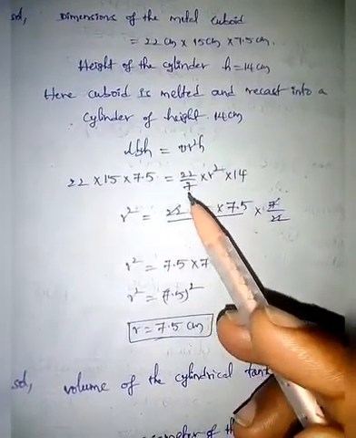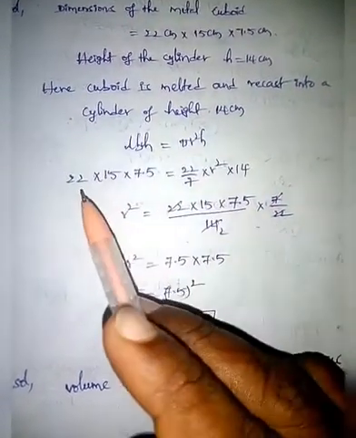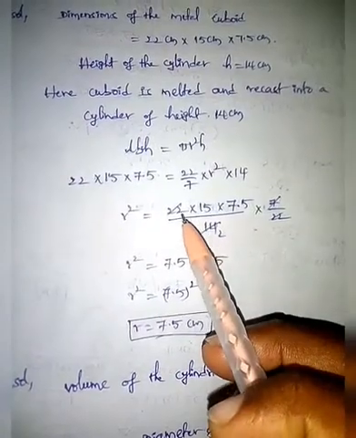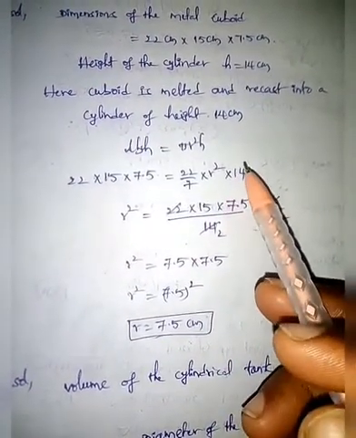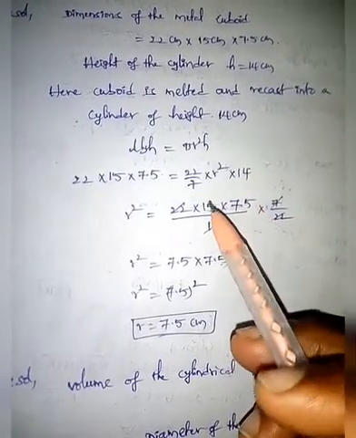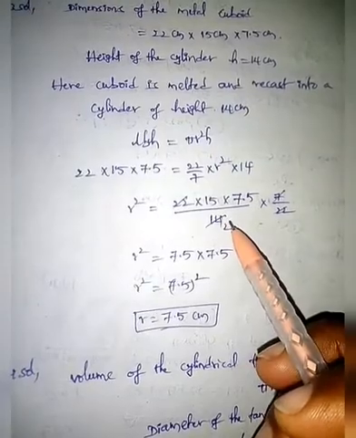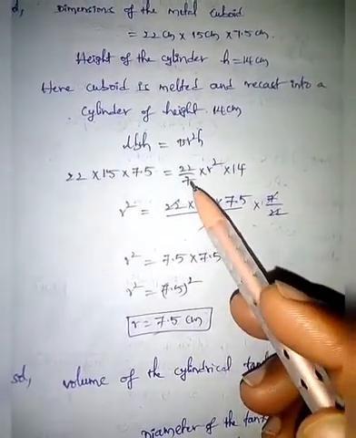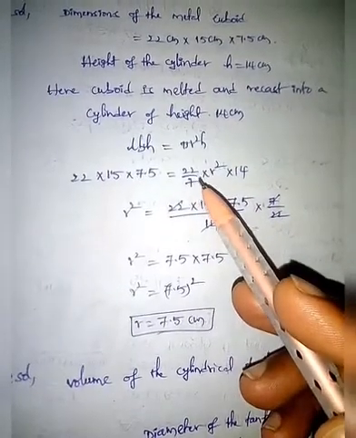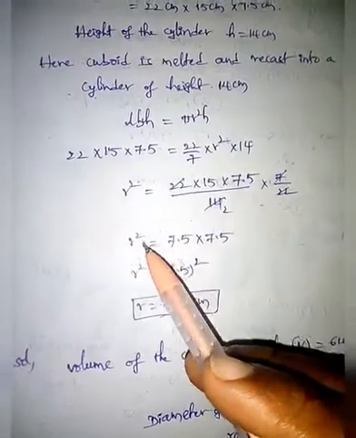Now transpose the values 22 by 7 and 14 from RHS to LHS. So 22 into 15 into 7.5, these values are as it is, and if you transpose 14 from RHS to LHS, it will be 1 by 14. That's why the value of 14 is in the denominator of the fraction. Okay, and 22 by 7, if you transpose this, the fraction changes, that is 7 by 22. So r square equal to